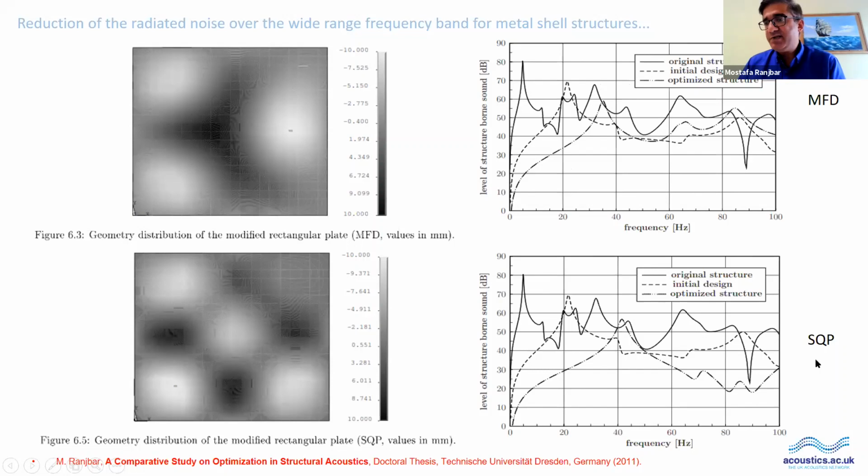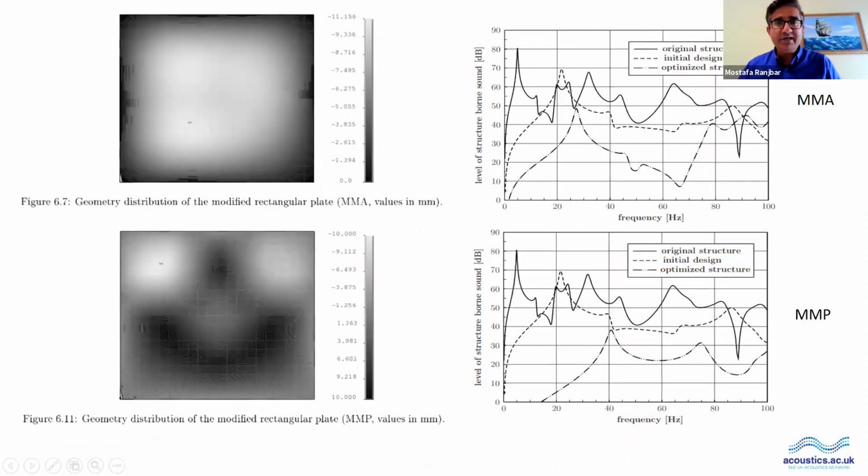With different techniques like sequential quadratic programming, which is a second-order method using the Hessian matrix, we could have better improvement. But you will see that some of the methods could provide a good design, but for different initial designs, they couldn't provide a good result. So it is a matter of robustness, base design, and computation time, especially for highly nonlinear applications.